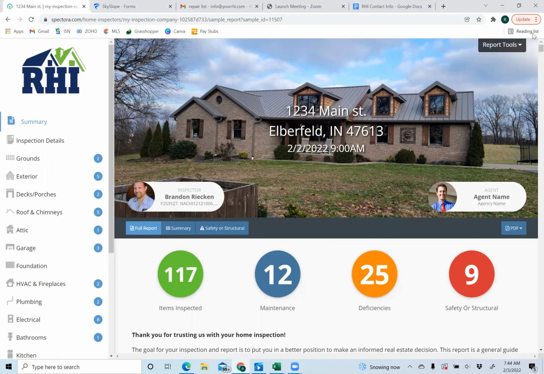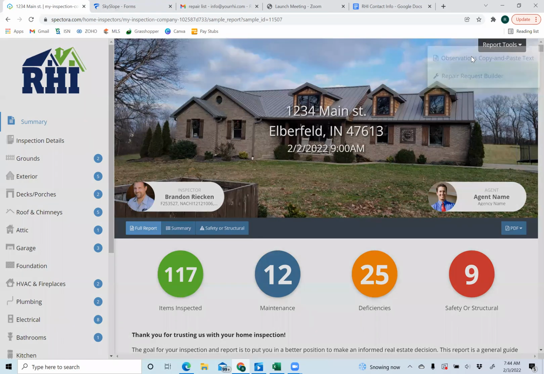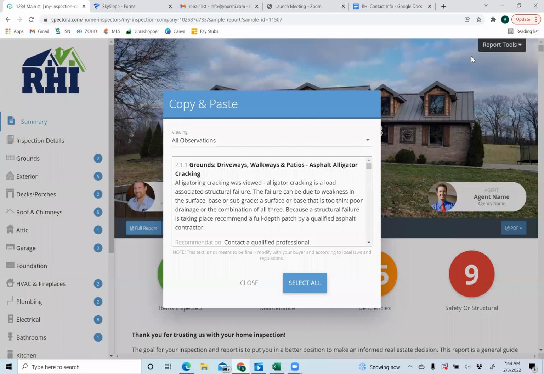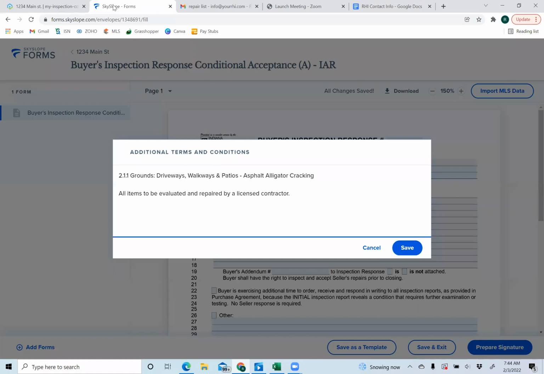So as we hop back up here to the top, as I mentioned, I want to show you 2 report tools, and that's where we're going to hop to real quick. The first is observations, copy and paste text. Pretty self-explanatory. You can copy and paste over directly into your response to inspection. So we're simply going to copy that, go back in here, paste it,